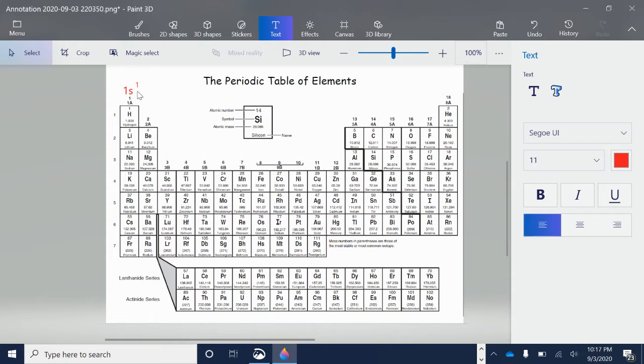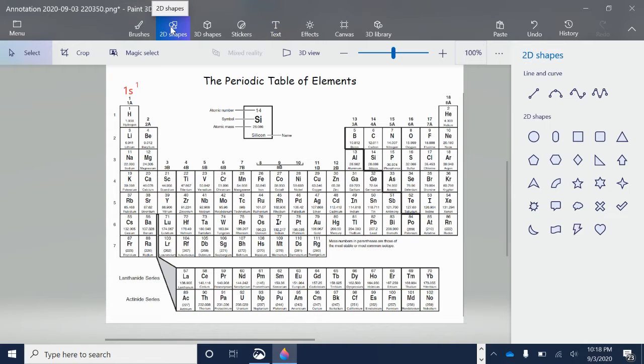And finally, we have a little superscript up here that tells us how many electrons are actually in that orbital, in that energy level. So this 1s1 is the electron configuration for hydrogen, which has a single electron. That would be put in our first energy level in the s orbital. So in order to be able to write the configuration of any atom, we are going to block out some